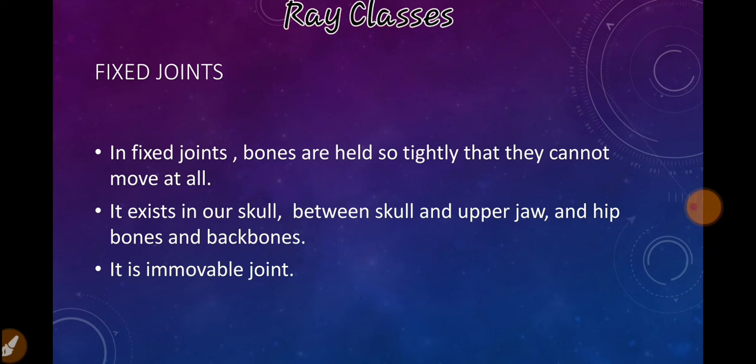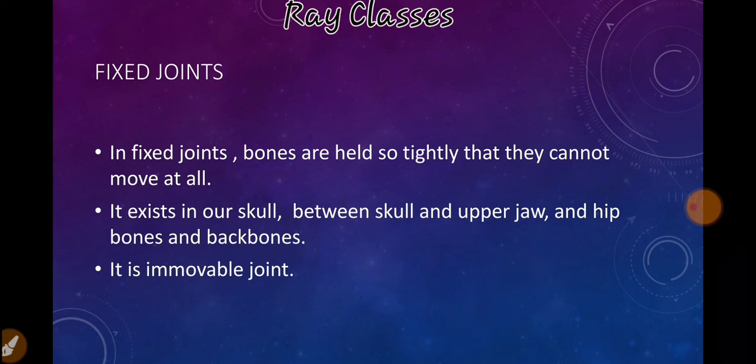It is made up of a number of bony plates connected through fixed joints. If we open our mouth wide, we will find that we can move our lower jaw away, but the upper jaw does not move at all. We cannot move the upper jaw because it is connected to the skull by a fixed joint. There is a fixed joint between the skull and the upper jaw. The lower jaw is connected to the skull by a movable joint called a hinge joint. The hinge joint in the lower jaw allows the chewing of food.